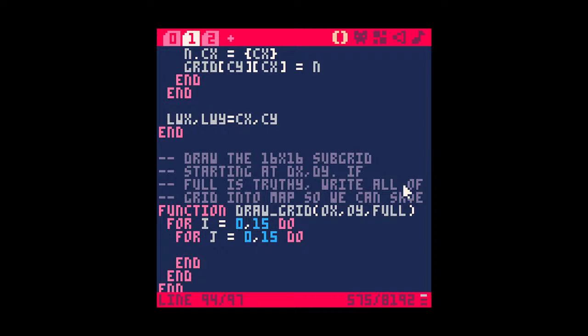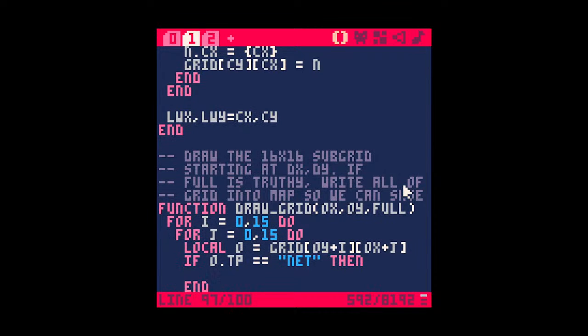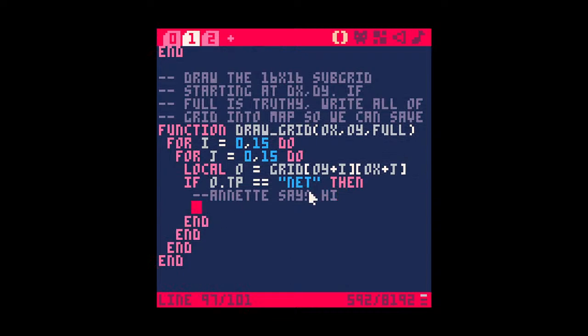Now for each of these, so local O equals grid of OY plus I, OX plus J. If O dot type is a net, then